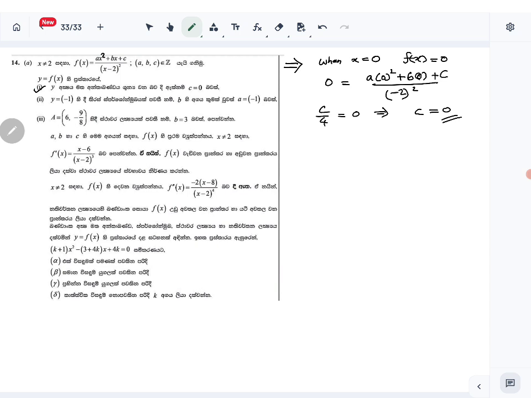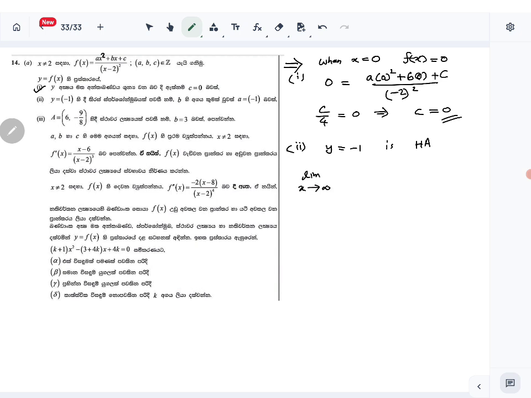Then they have given in the second part, y equals minus 1 is a horizontal asymptote. Then for any value of b, a value has to be minus 1. We have to show that. So how do we find the horizontal asymptote? We look for the limit as x approaches